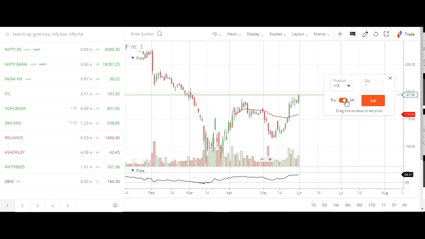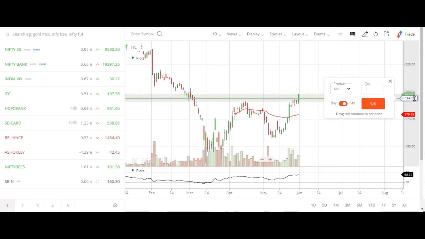Here you can see there is no price typed in; it has selected the closing price of ITC, which is 197.35. You simply drag it down so that it places a limit order. Only at that particular price will it place the order for you.